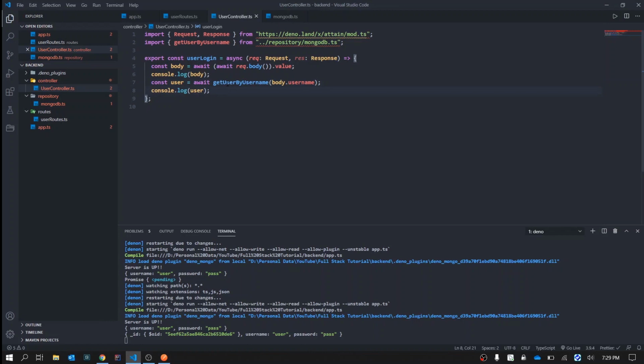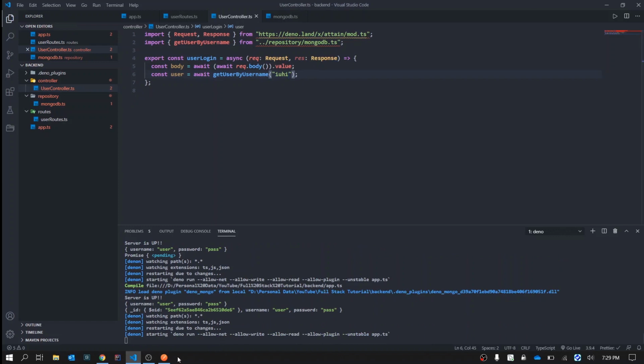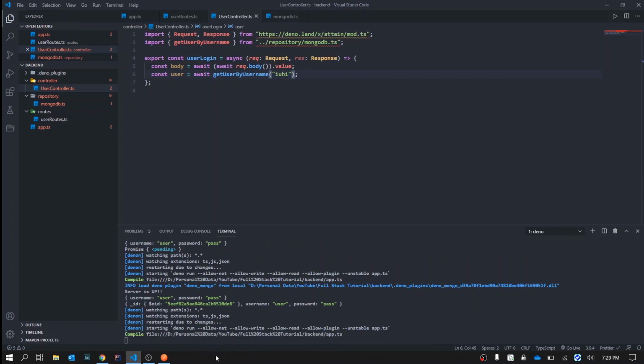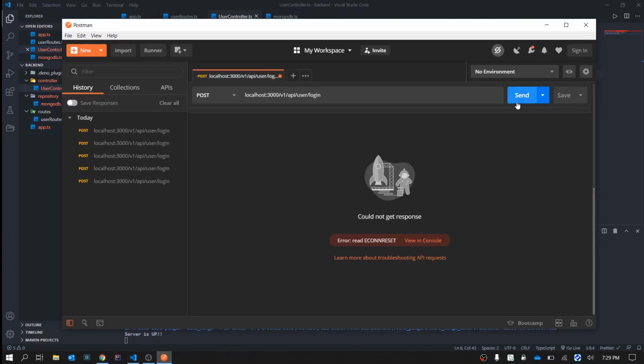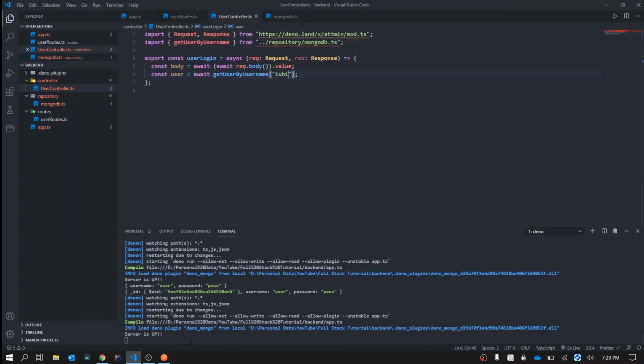Now, all we need is to verify whether the user that we have got, the password is correct or not. So first thing, what we need to do is remove unnecessary data. Now, if there is no user with the username, it will return null. I'll show you that case also. If I just send some gibberish, save it, let it compile, let the server be up. Okay, server is up and we'll send it. Let's see what we get.